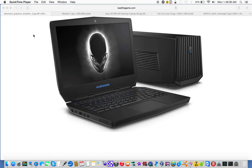Now, perhaps there's something more under the radar, but you get the idea. Basically, what I'm saying is this kind of system is one where you could take it out, do what you need to do, and then when you're ready to game, the guts of the gaming side are in a separate module, which I think is just incredible because for those of you that want the performance, you can have